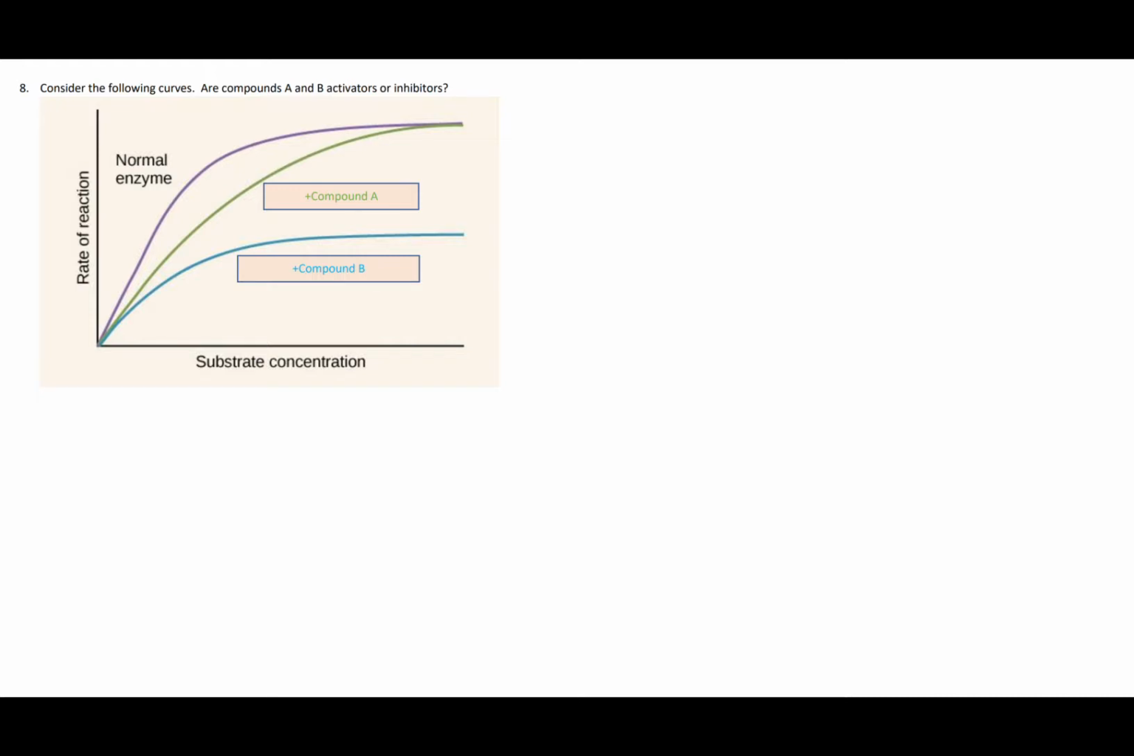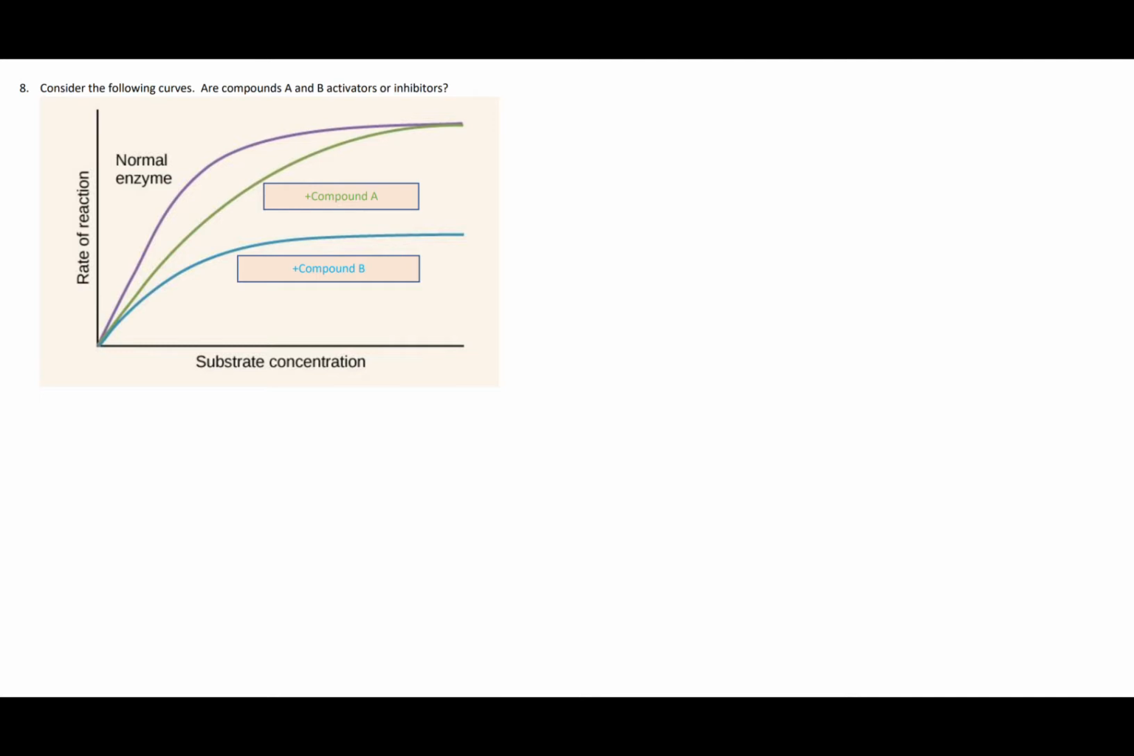So question number 8 is asking about this figure here, and specifically the green and cyan curves compared to the purple curve. It says, consider the following curves. Are compounds A and B activators or inhibitors? All right, so